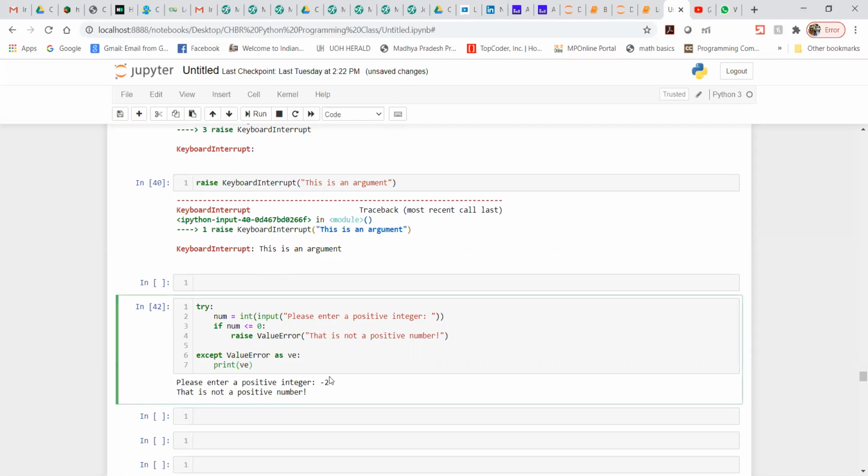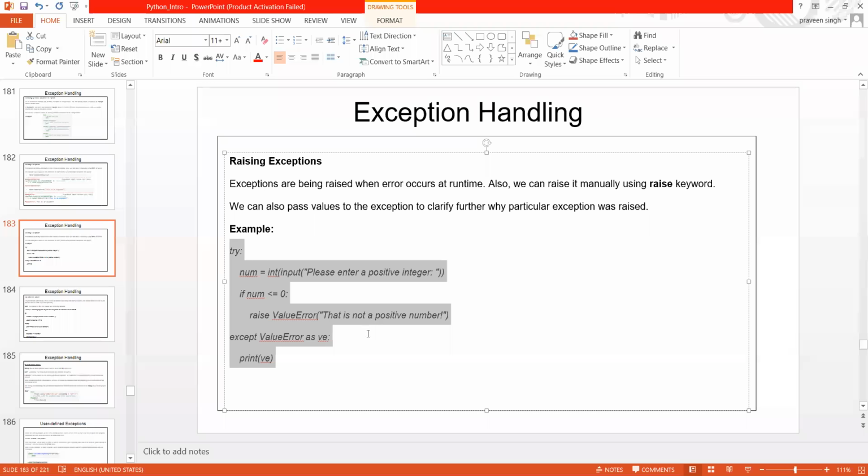Now let me move on to the next. Are we clear till this point? I hope everybody got clarity on this. We are just trying to check whether the input is positive or not.